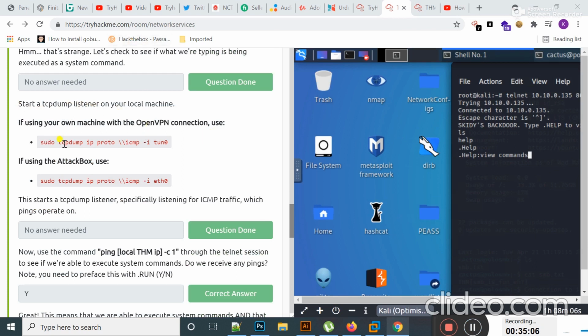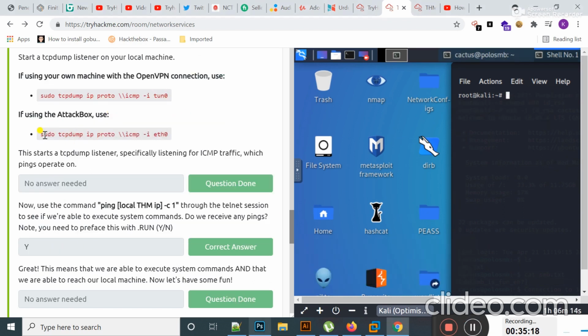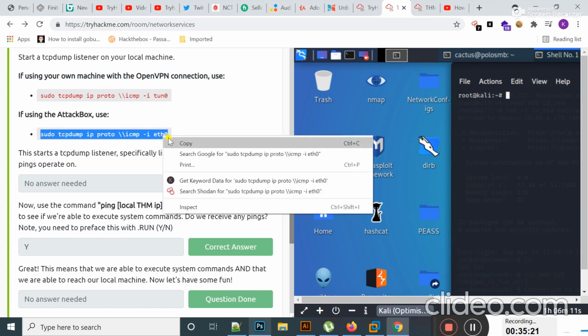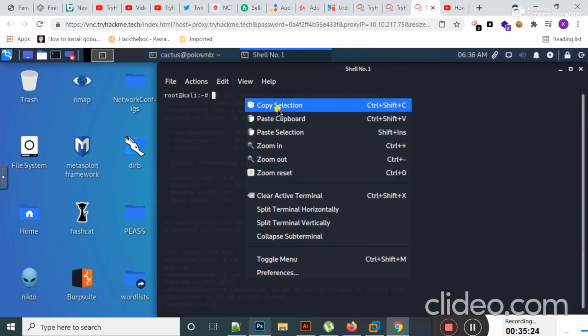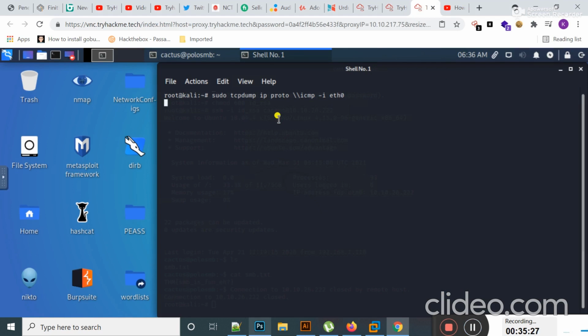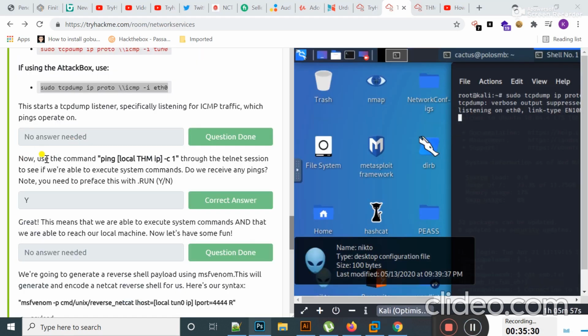Okay, let's move to task 7. It's time to exploit the telnet services. Students, here you see types of telnet exploits. You can read this theory in order to clear your concept. To connect to telnet, you use the telnet command, then the IP, and then the port number. What is a reverse shell?